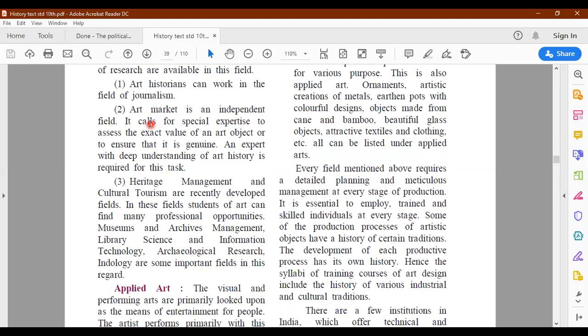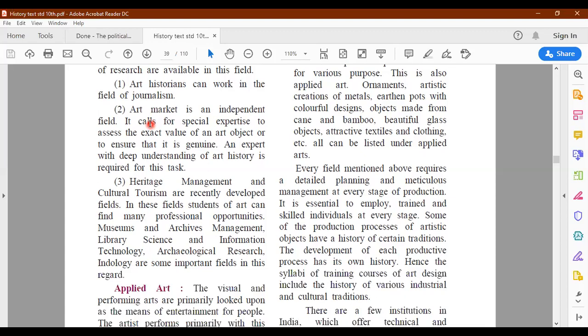Only an art expert who has a deep understanding of art history will be able to judge. So an individual can become an expert in this field and enter this profession. Such people who know the value of art objects and can ensure that they are genuine and not fake get jobs in museums, and the archaeological department employs such people.